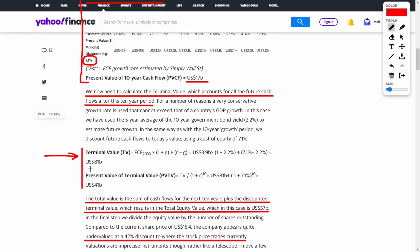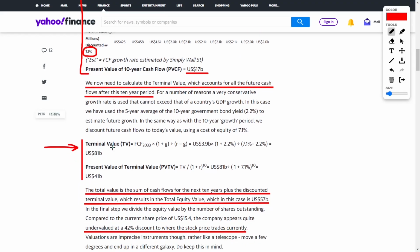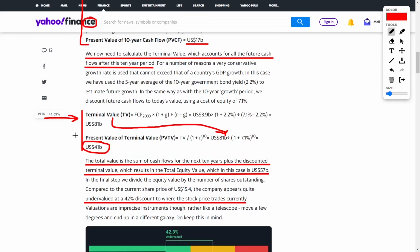And then we can use terminal value and input that into our present value of terminal value equation right there. And then we can get around $41 billion for their present value of terminal value. Then to bring this full circle, the article says the total value is the sum of cash flows for the next 10 years plus the discounted terminal value, which results in the total equity value, which in this case is $57 billion. And even if you didn't follow any of that, what I said before, just keep your mind on